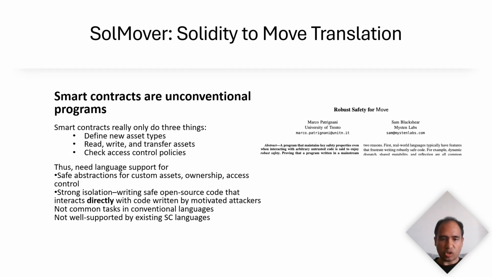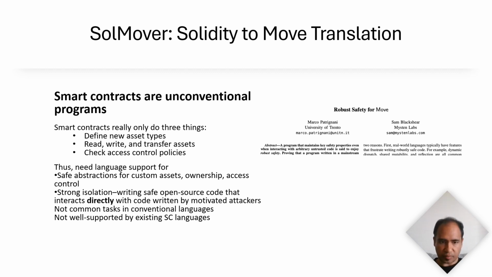Now, what is SolMover? SolMover, in short, is a Solidity to Move code translation platform. Why? Because smart contracts are unconventional programs. These are not like normal programming languages. They really do three things. They define a new asset type, they read, write, and transfer those assets, and they check access control